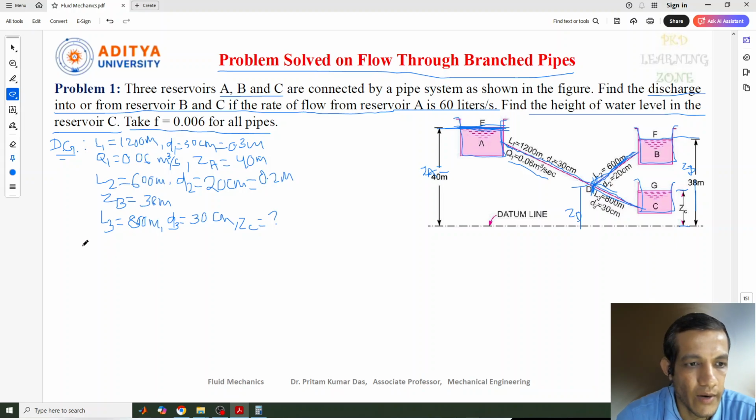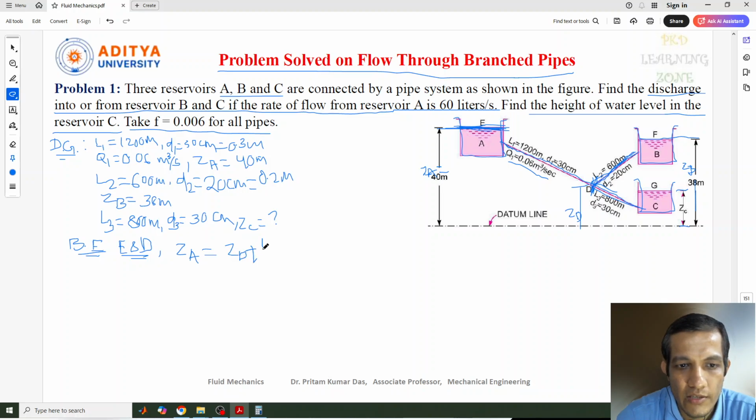So we can write what? Apply Bernoulli's equation between E and D. Apply the Bernoulli's equation between the, because the E surface is here and D is here. So what we can write? We can write ZA. This is the formula, ZA, because ZA is the total height of this, equal to